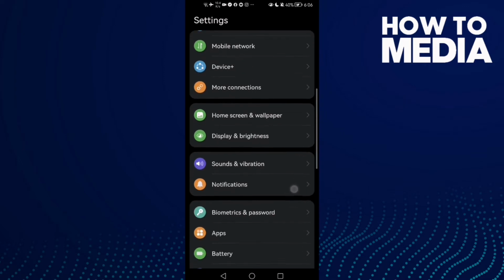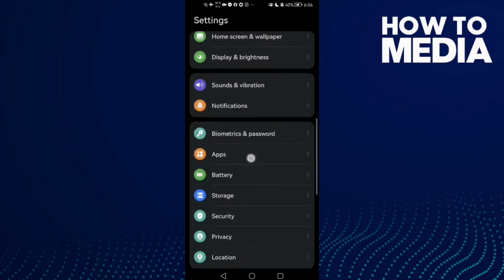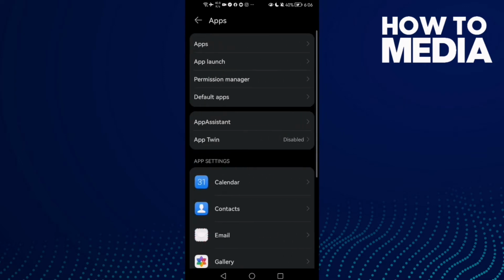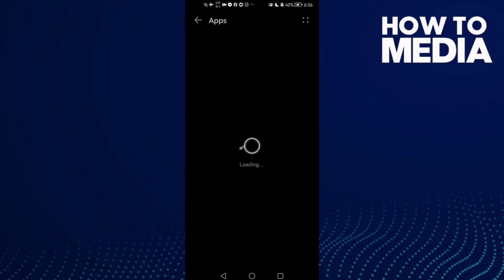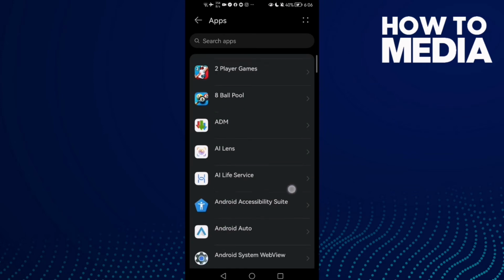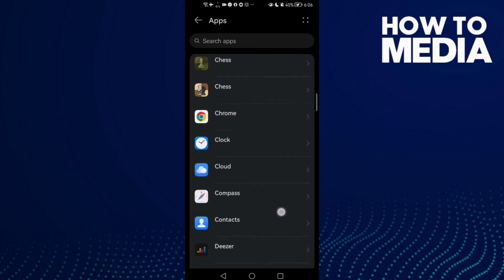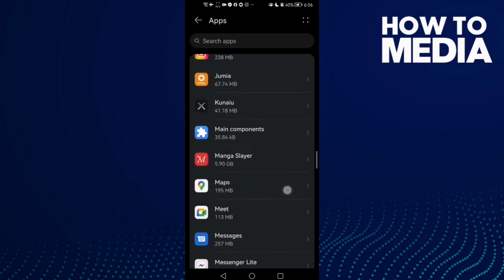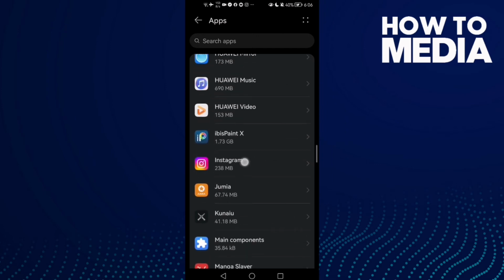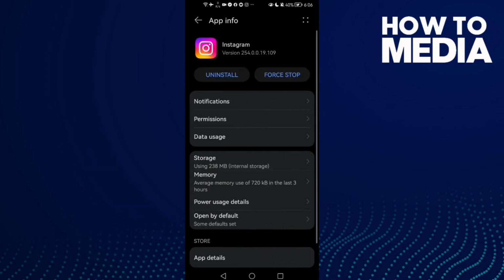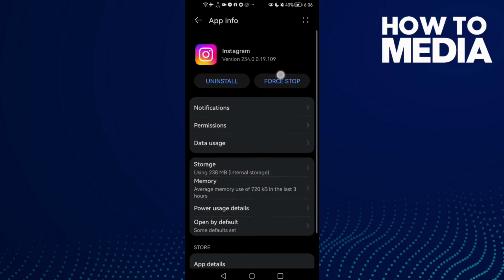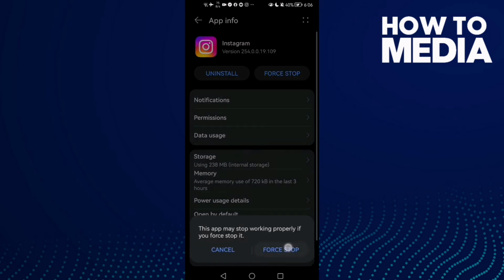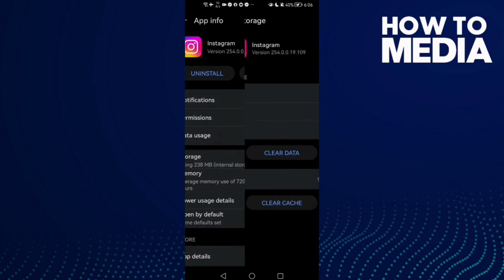and then just scroll down until you find Apps, and now click Apps again, and then just scroll down until you find Instagram, and here it is. Then just click on it and then click Force stop and go to Storage, and here